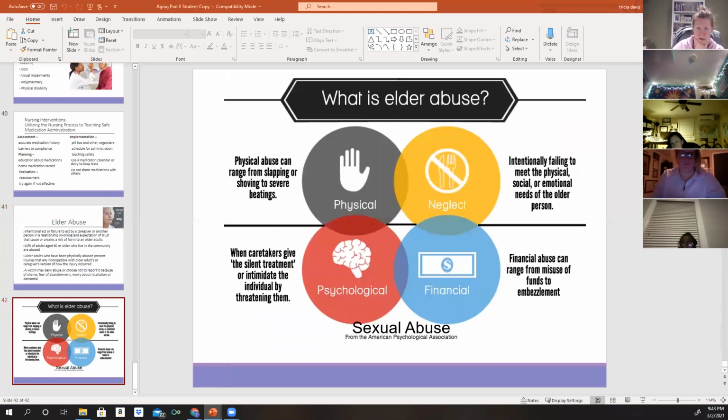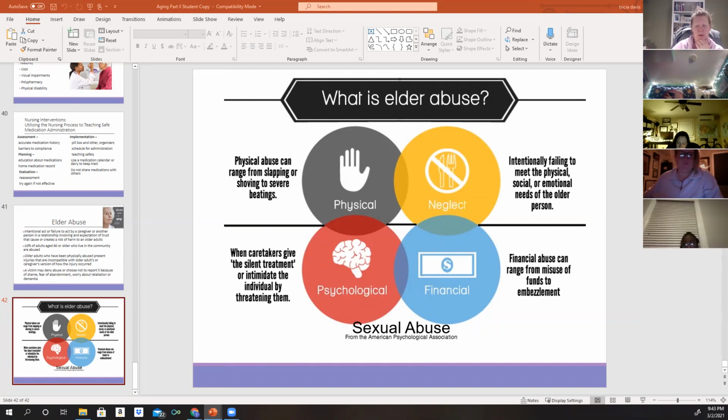So what is elder abuse? Elder abuse includes physical abuse that can range from slapping and shoving to actually beating. It's intentionally failing to meet the physical, social, or emotional needs of that older person. Financial abuse can range from misuse of funds to embezzlement. And you will see this, patients' loved ones keeping their